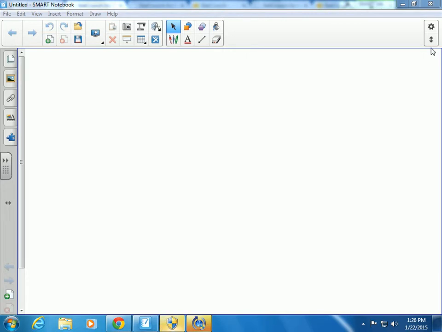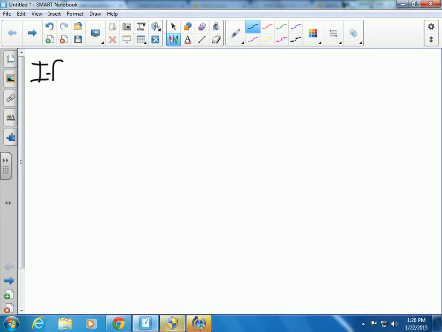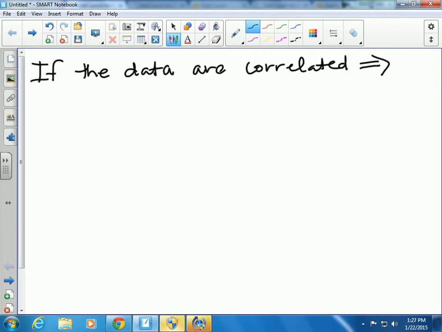Okay, so now what we're going to talk about is linear regression. Okay, so I need to use my pen. If the data are correlated, then do a linear regression. Okay, so the rule of thumb